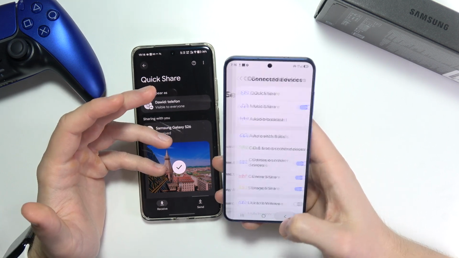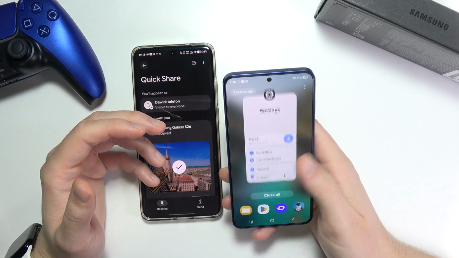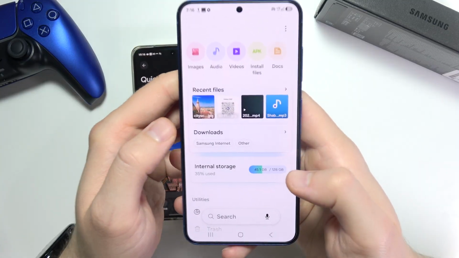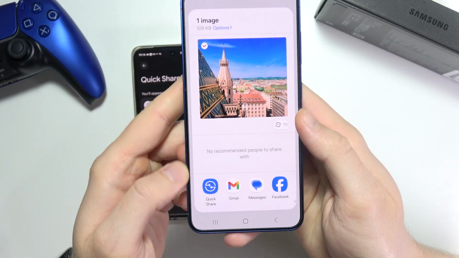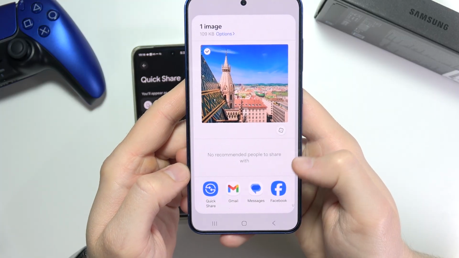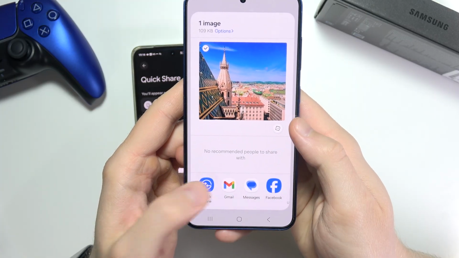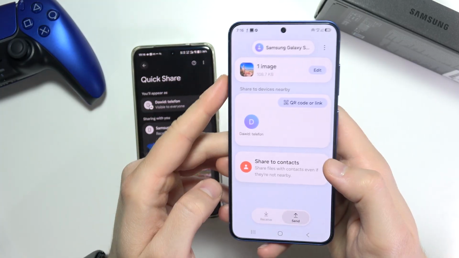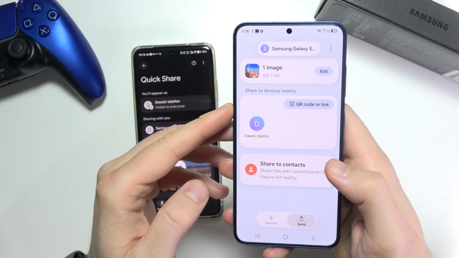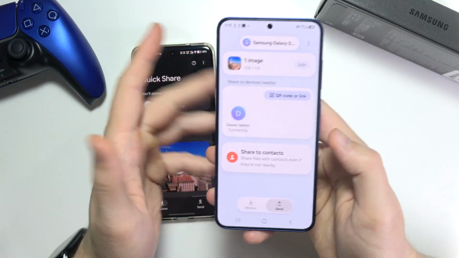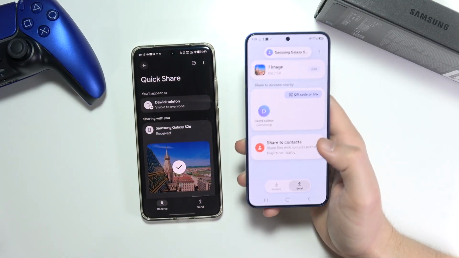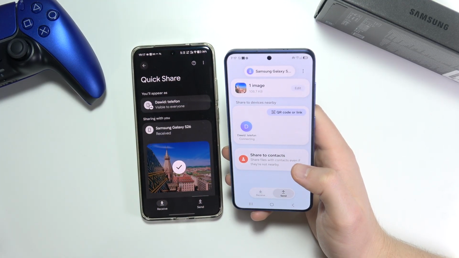So now, if you want to share some specific things, like let's say I want to share this picture, I have to go for it, click on the share icon, and now I have to select Quick Share from all available sharing methods. Now, on the nearby devices, you can find nearby devices. What a surprise! But we have to just click on them and keep each phones close to each other, and